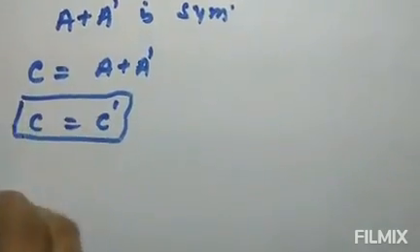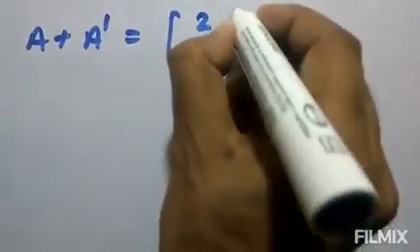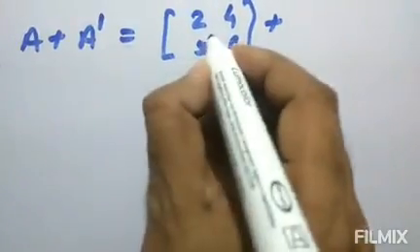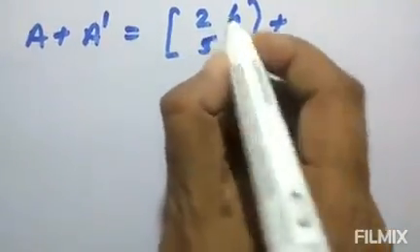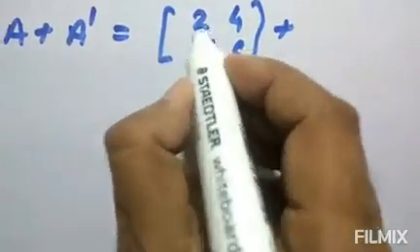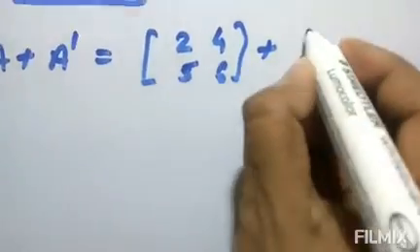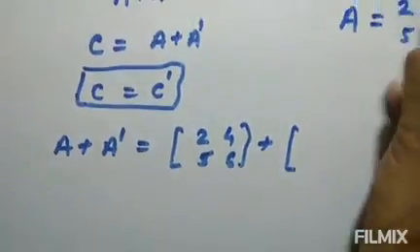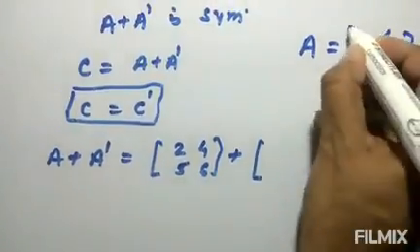Suppose given A plus A dash, here A is 2 5 4 6, and dash means transpose of this. Transpose means changing the rows and columns. So here A is given 2 5 4 6, and A dash